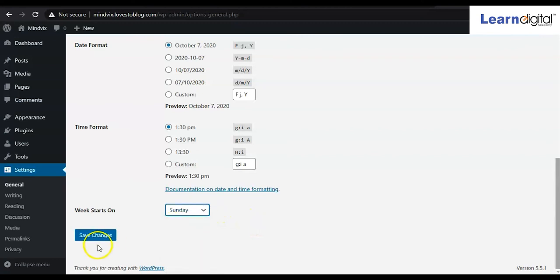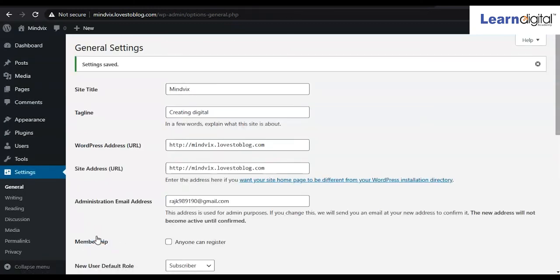After selecting that, click on Save Changes. In that way, you can do the general settings as well. Other things you can check, and if you think you need to change them, you can change them. Otherwise, it is not required to change, because by default all the settings are already set.